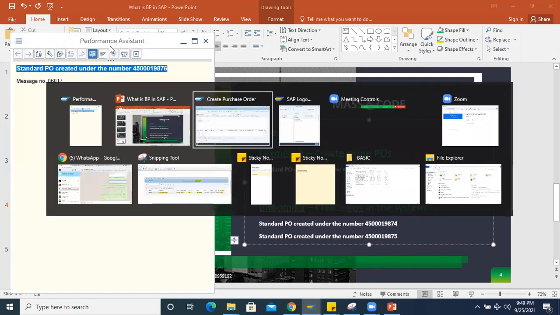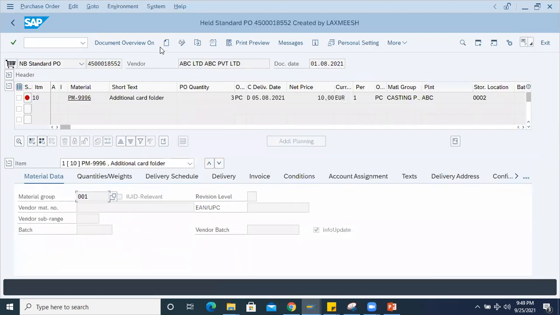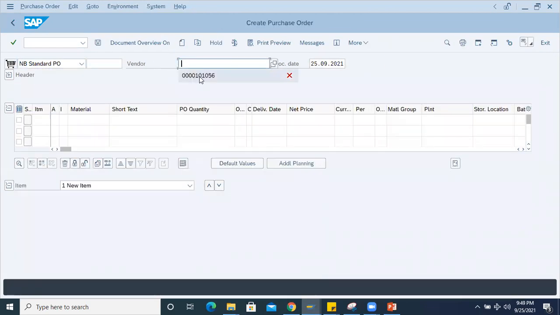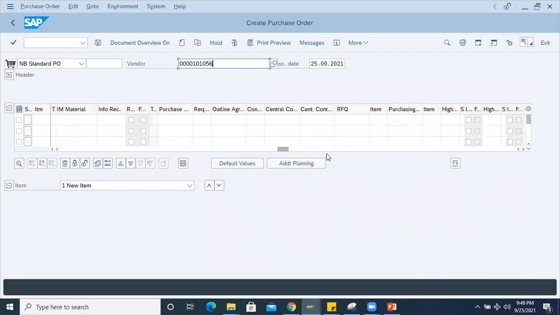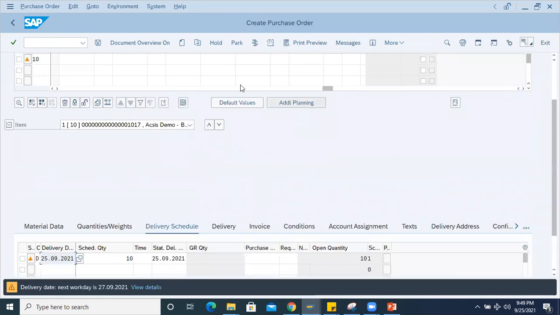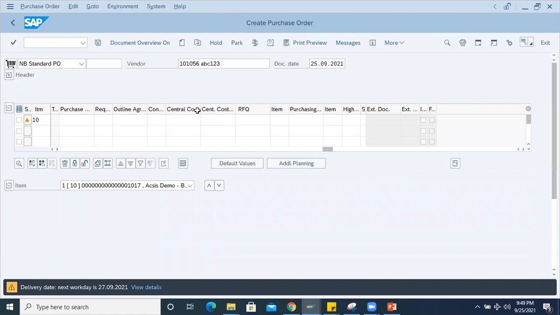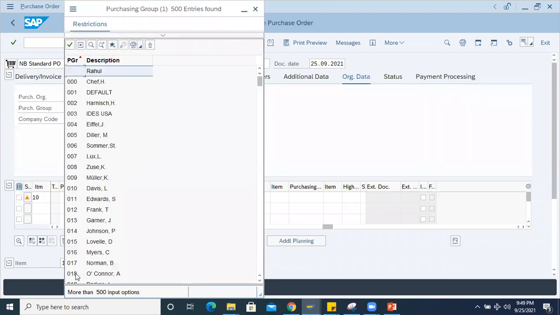I'll create another couple of POs with the same ID. You can use the same PO also. If I want to copy this data, for example if I use this previously created PO, everything will be copied from that previous PO. Then I'll change this purchasing group to 18.